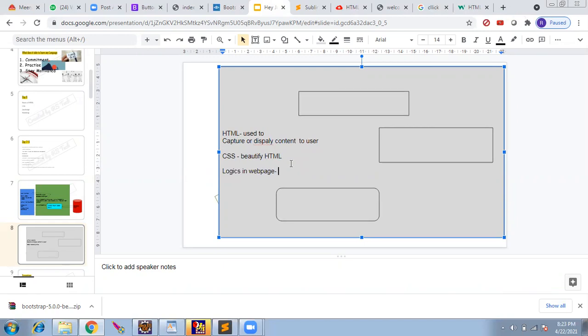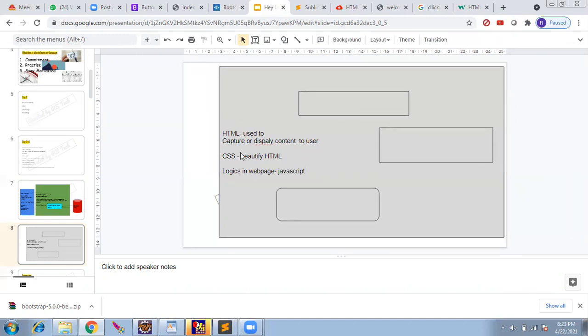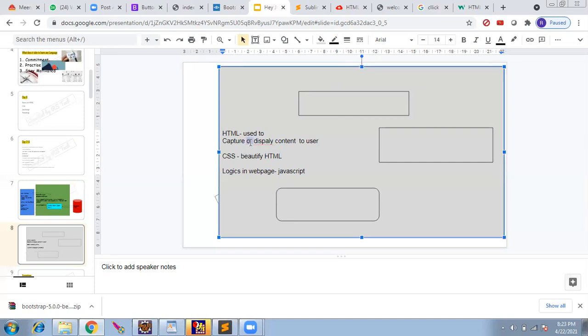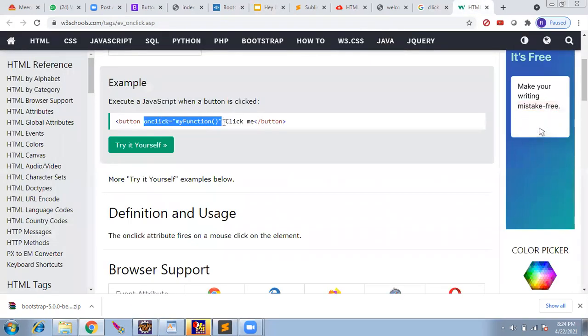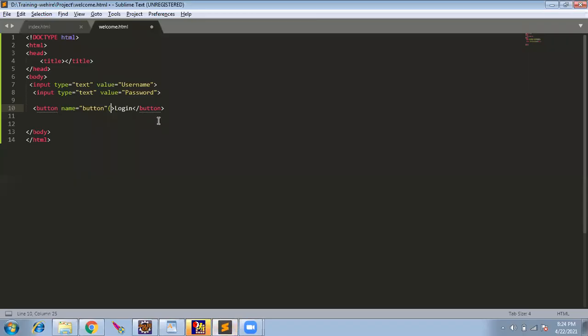This is done in JavaScript. So we have three things, and all three work together and show us a beautiful page. HTML cannot do something by itself. CSS alone is not used. And JavaScript alone is not going to be used. We need all three. So we have this click function. I will copy, and as we progress, we will understand this. Name is button. That means Rajesh, there is no interconnectivity between HTML and CSS. HTML is different, CSS is different, JavaScript is different, but all three work together in a page and produce a beautiful web page. Okay.